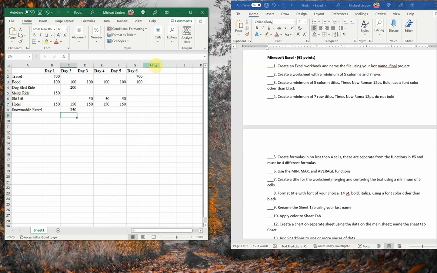So in this cell here, I'm going to have the total, and I'm going to write a formula that adds up everything in that row. So I click equals, and I talk about the cell number. I start with the first cell, which is cell B2. I could type that if I wanted to. And then colon G2, excuse me, G2. And when I hit enter,